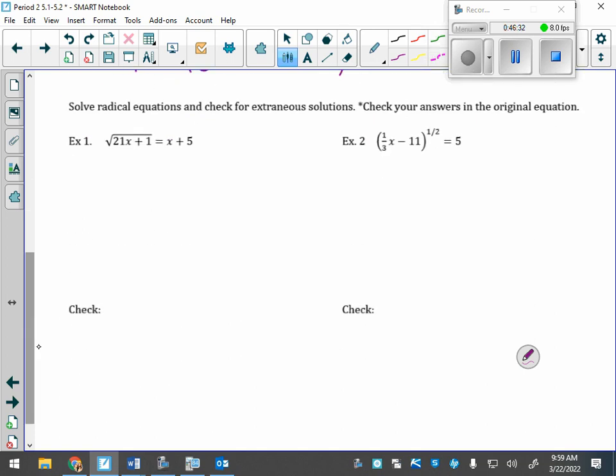What do I have to do here? How do I solve that? What's your first instinct? Before that, we have to square both sides to get rid of that radical. So we have 21x plus 1. Then we have x plus 5 squared. Please do not tell me it's x squared plus 25, because that's incorrect. x plus 5 squared, how many do we have of them? 2. So what that looks like,